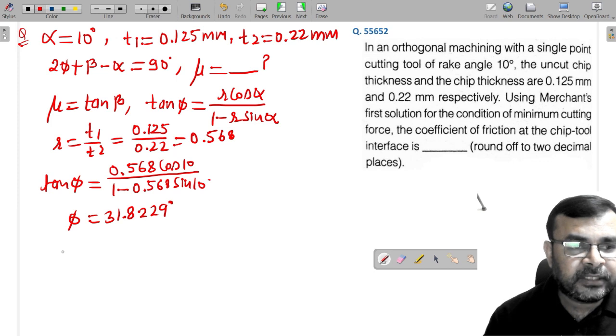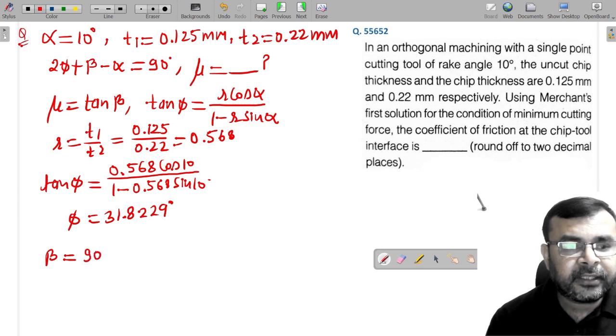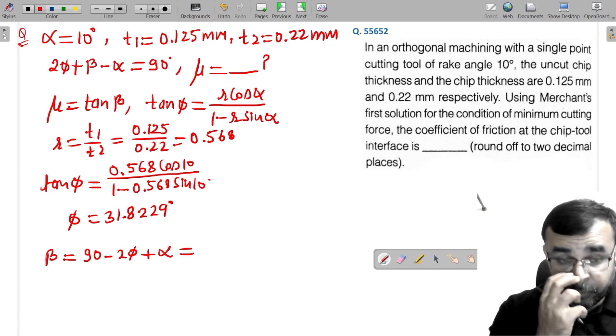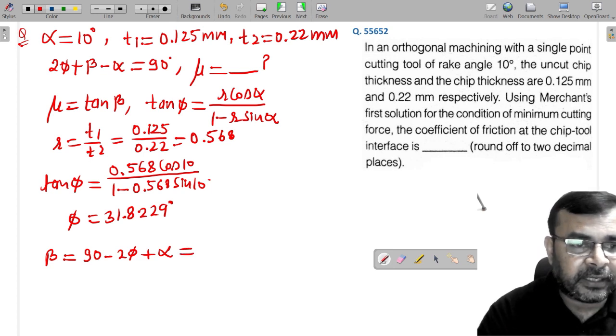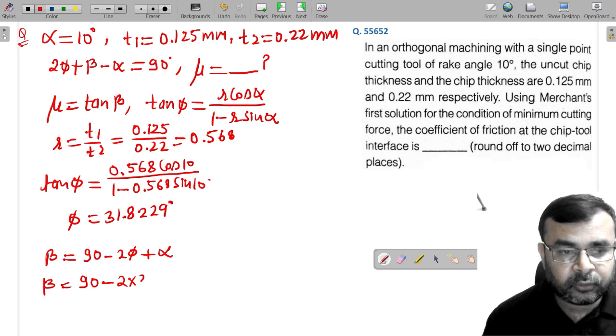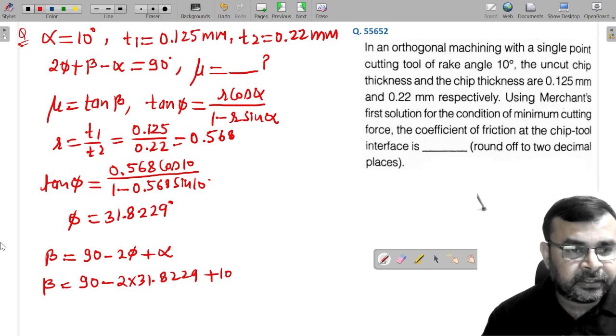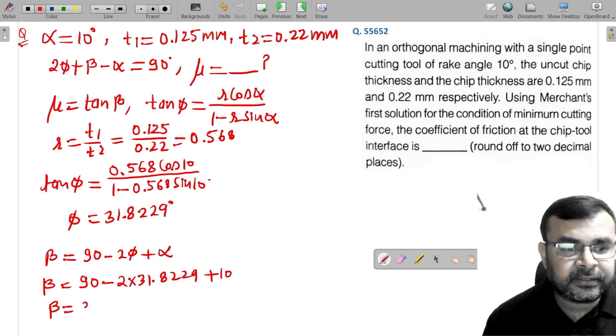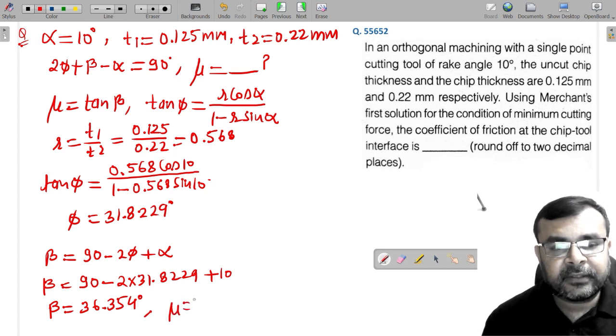31.8229 डिग्री. जैसे ये मिल गया तो यहाँ से हम मर्चेंट सोल्यूशन से लिख सकते हैं क्या, बीटा इज इक्वल टू 90 minus 2 phi प्लस अल्फा. और जैसे मैं इसकी वैल्यू पुट करूंगा, आफ्टर पुटिंग दिस वैल्यूज हियर, तो बीटा इज इक्वल टू 90 डिग्री माइनस 2 इंटू 31.8229 प्लस 10 डिग्री. इसको सॉल्व करने से बीटा आपको मिलेगा 36.354 डिग्री. तो यहाँ से आपका म्यू क्या आ जाएगा, tan बीटा, और